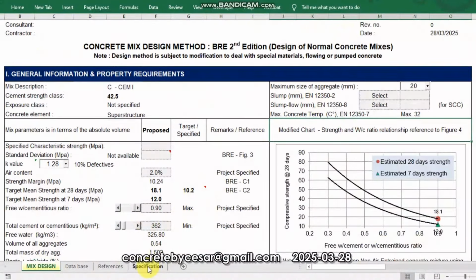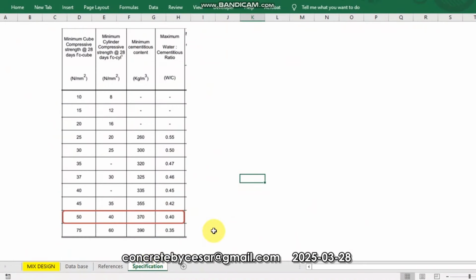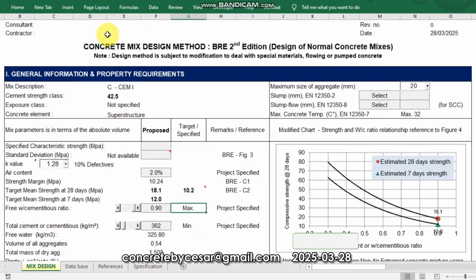So starting with, of course, let's say for example I have here some specification, a typical one. Here, let us say we are required to provide C50 minimum cube compressive strength. Just for information, the equivalent cylinder strength will be 40. So let us focus on C50 as the cube strength. Here the minimum cement content is 370. Water cement ratio for this example is 0.4. So let us write here maximum water cement ratio